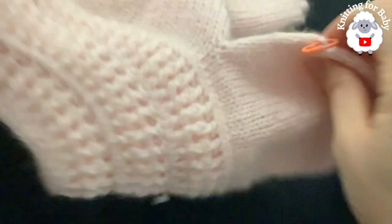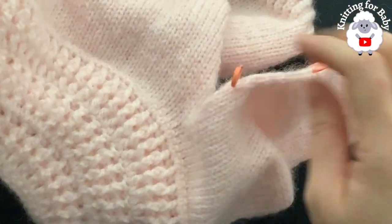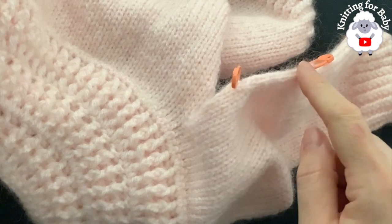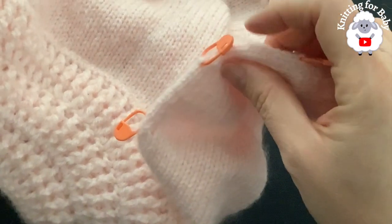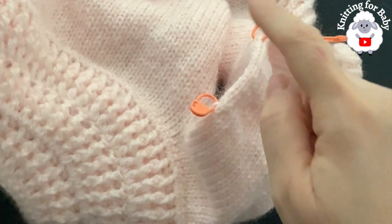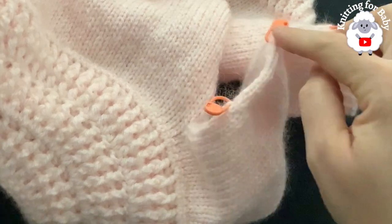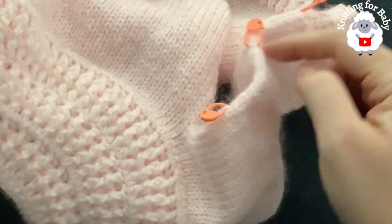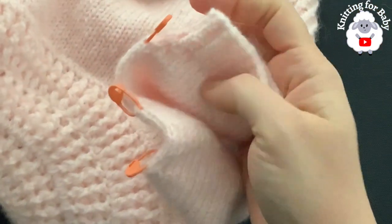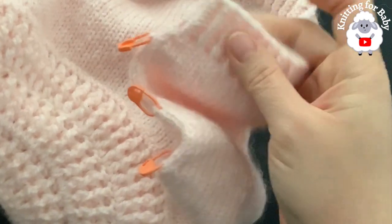We're going to make 16 rows and then make a decrease in the 17th row, and then again knit another 16 and then a decrease in the next row. So for the decreases, remember, we decrease at the beginning and at the end. So we decrease a total of 2 stitches on each decrease, and we're going to do this for a total of 3. And then you're going to knit 3 rows, and then into the 4th row,